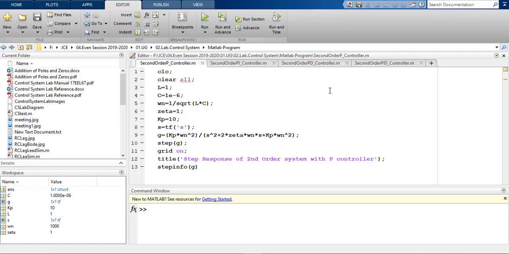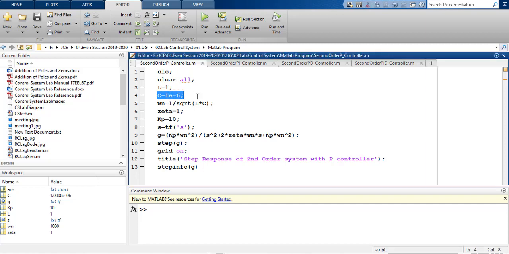In the first experiment in MATLAB, we have written the same code as we have shown in your lab manual. The only thing here is that the expression C equal to 1e-6 is nothing but 1 into 10 to the power of minus 6.